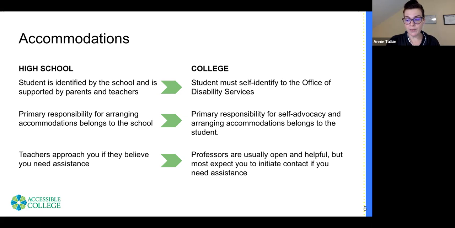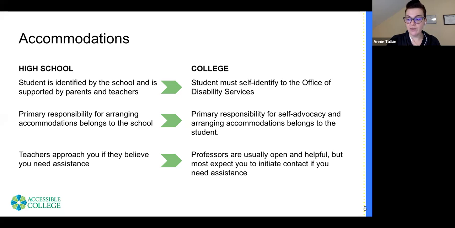In high school, typically the school takes the lead in arranging for accommodations. So for example, if your student gets extra time on tests, the school knows and they make those arrangements for the student usually, or they're supposed to. But in college, it's the student's responsibility to arrange their accommodations. So they have to go through that interactive process, be approved for the accommodations, connect with each of their professors